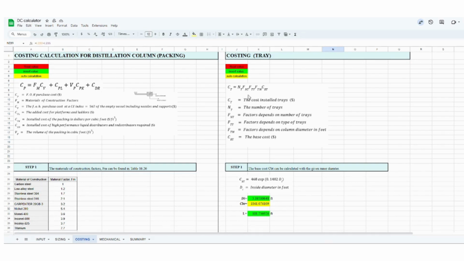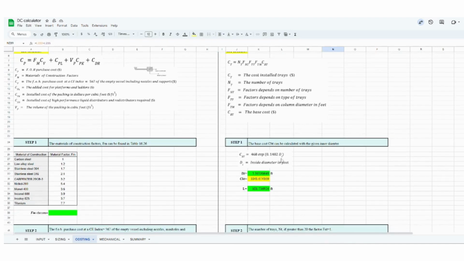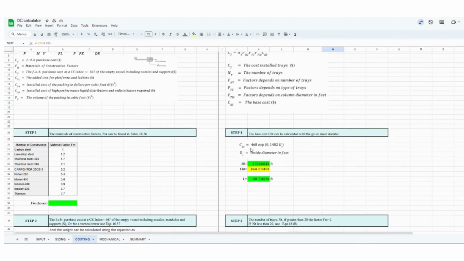The factor depends on the number of trays. The factor depends on the type of trays. The factor depends on the column diameter in feet and the base cost. So first we will calculate the base cost, using this equation where we will insert the inner diameter and it will auto-calculate the base cost. The inner diameter we will get from the sizing part, which is here,